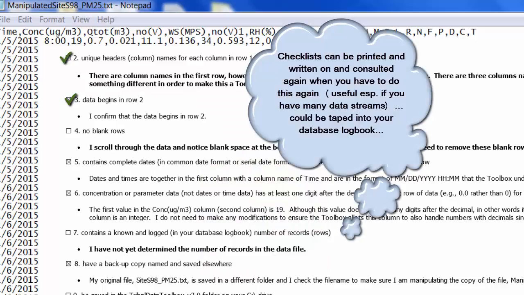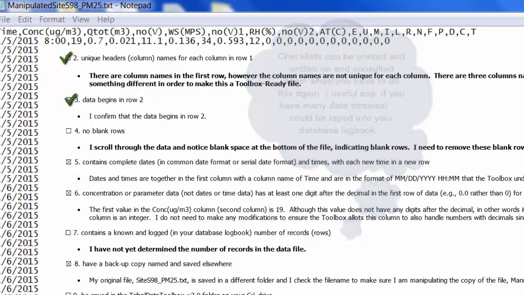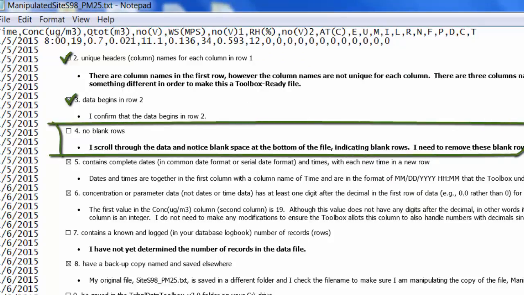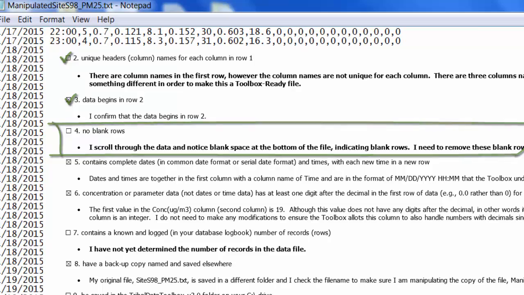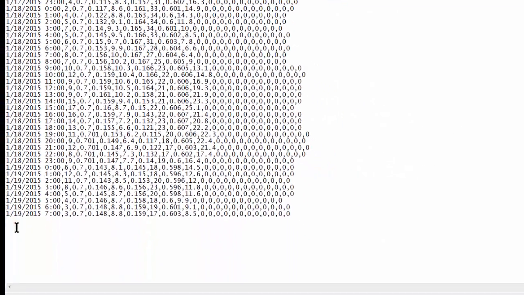And again, this is really useful to have and to use. So I hope you guys use it as well. So the next thing is blank rows. So I need to scroll to the bottom where those blank rows were. And I need to click in the first blank row